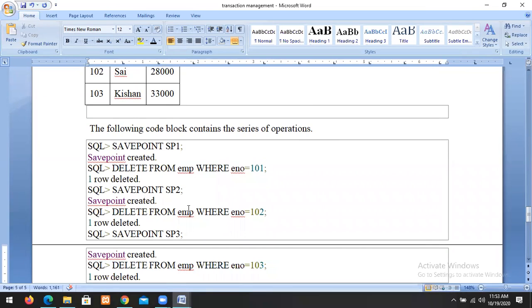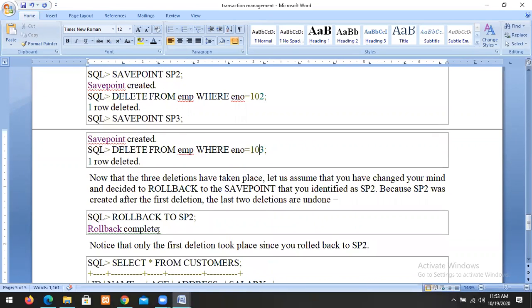Suppose I want to roll back. So now we deleted all, with save point 1, save point 2, and save point 3.